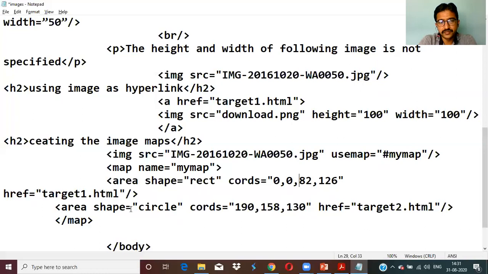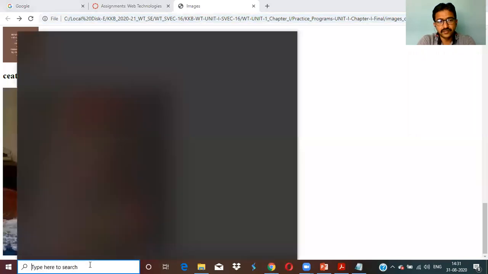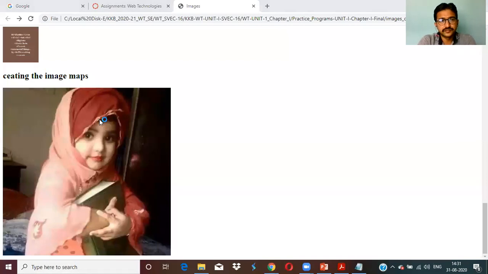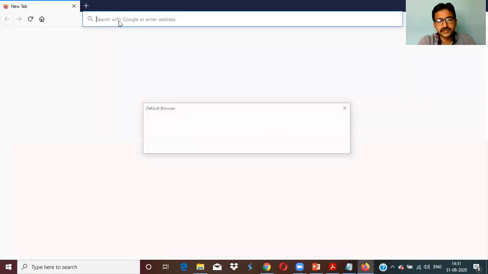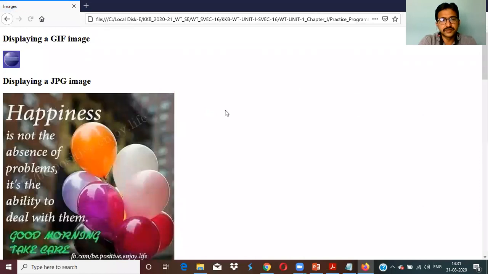Area shape, area. I'm trying to open it. Let me open in Firefox. So when I move the cursor over that image, it has to show the rectangle shape, so that when I click that,